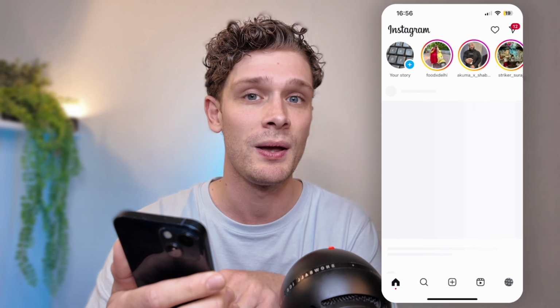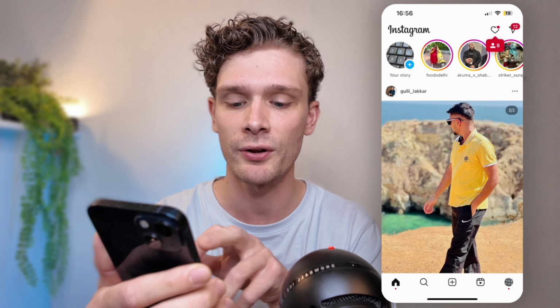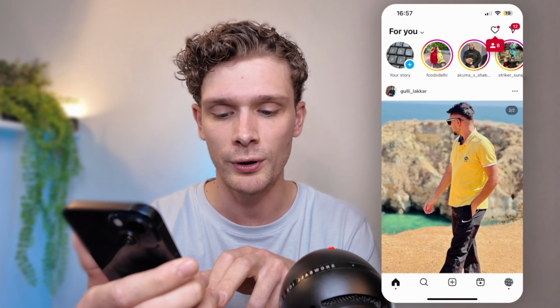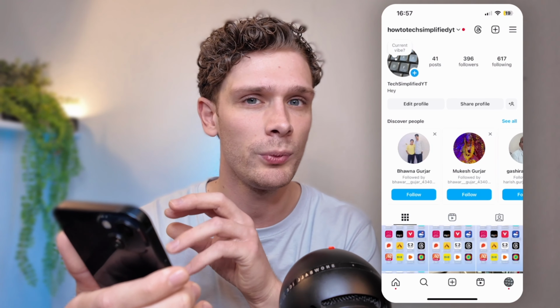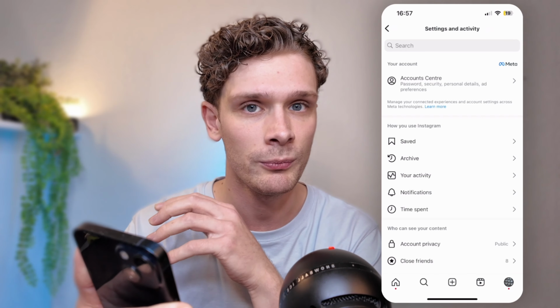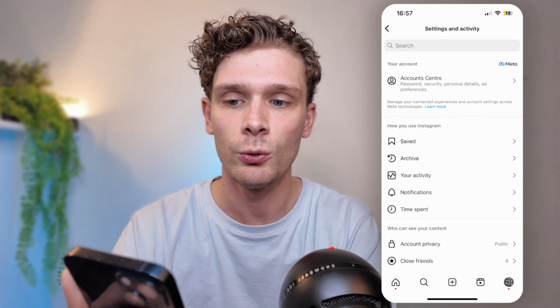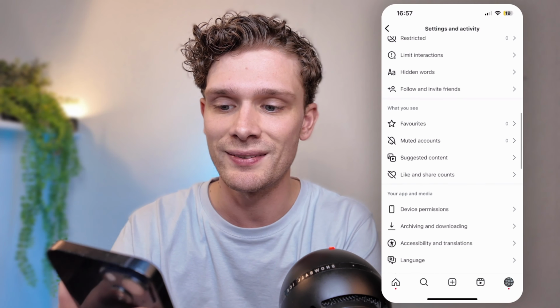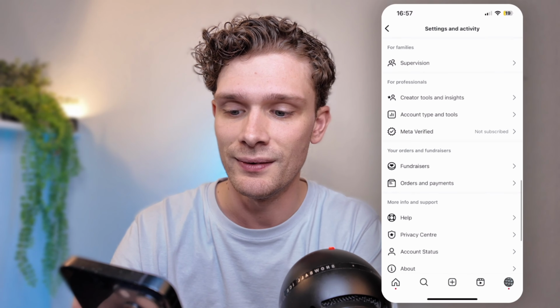The first thing, of course, open up your Instagram application, and from out here you want to go to the button right of your screen where your profile picture appears. Now this will open up your profile, and here you go to the top right corner where the three stripes are. Now from out here, you want to scroll all the way down into the settings till you find the